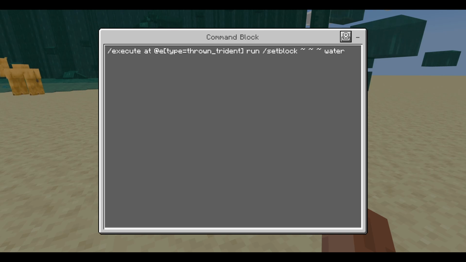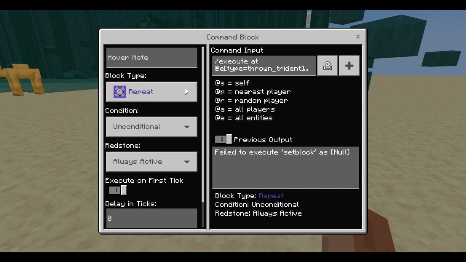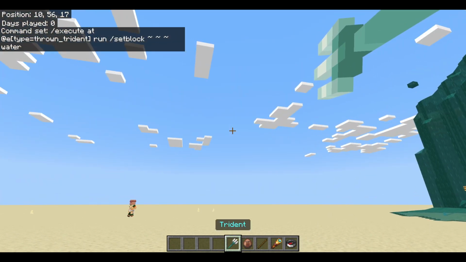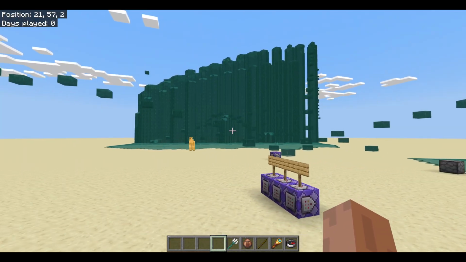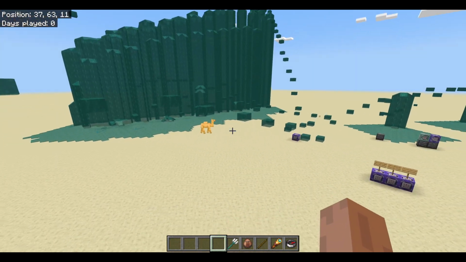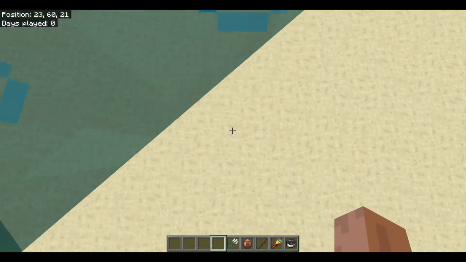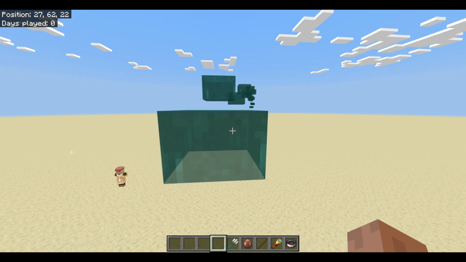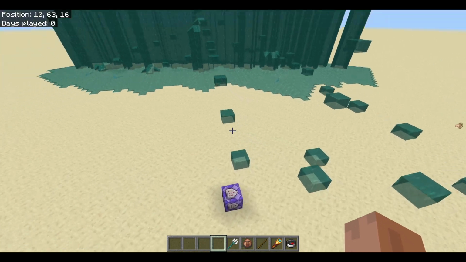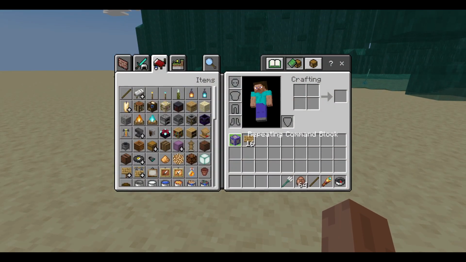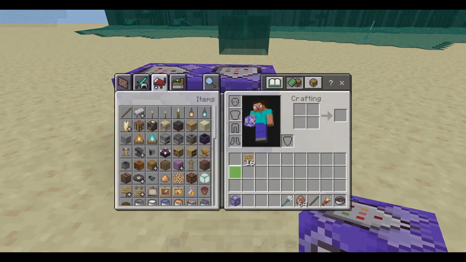So the type is thrown trident because projectiles are usually entities, and it's telling you run set block tilde tilde tilde water, which is basically saying that any, pretty much these are all ticks, I'm pretty sure. Any tick it registers at the block, it's just gonna place the water. So that's another variation I did for projectiles only, and if I make one really quickly,